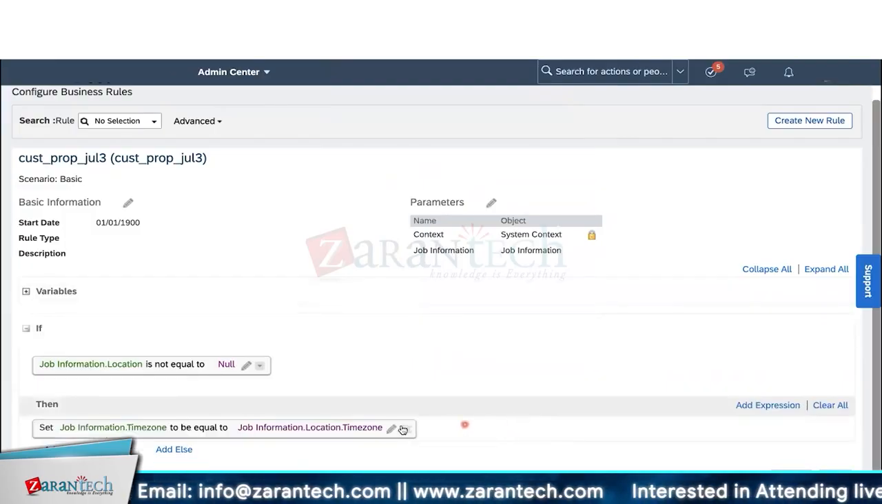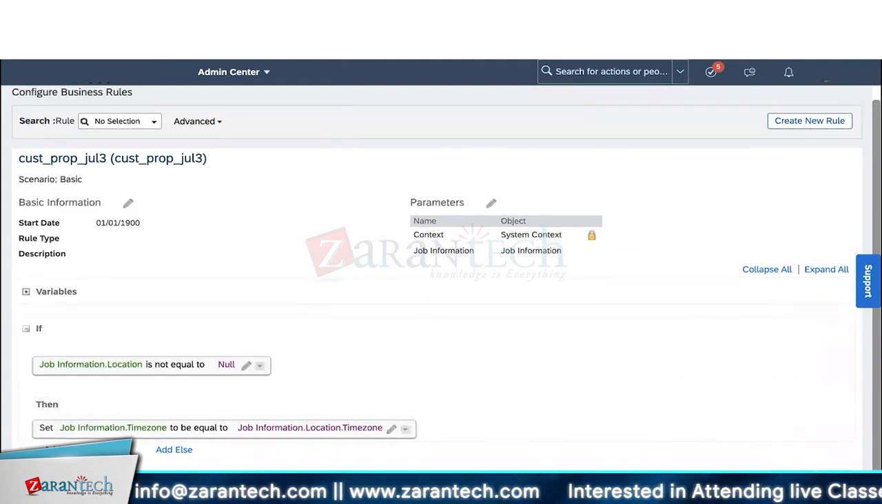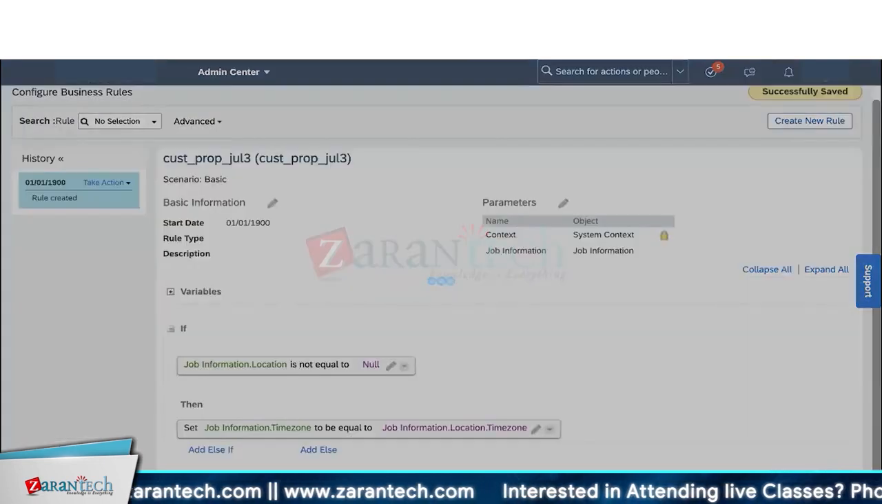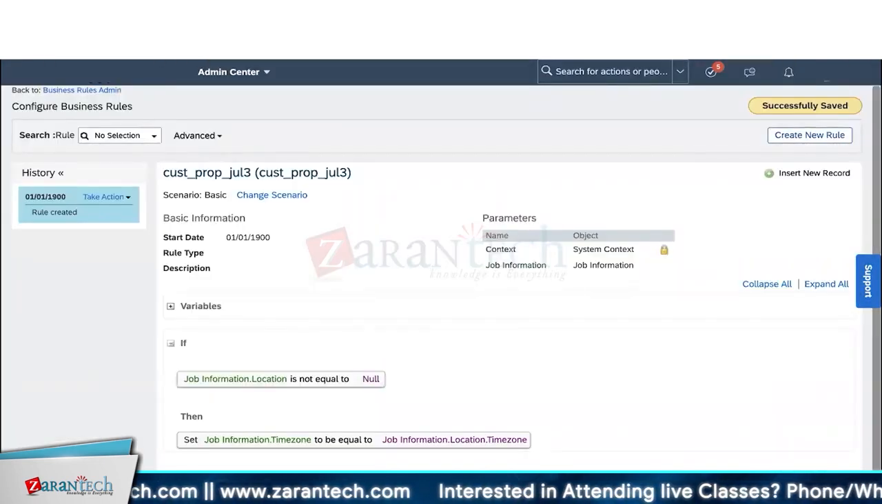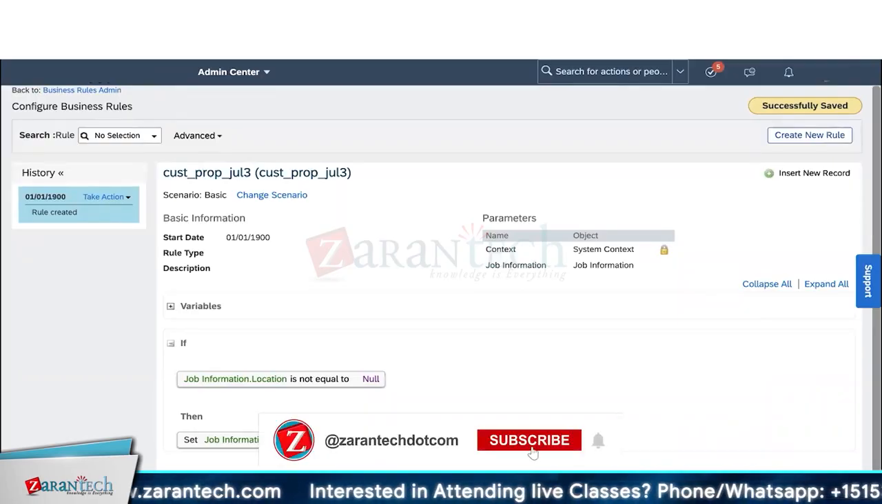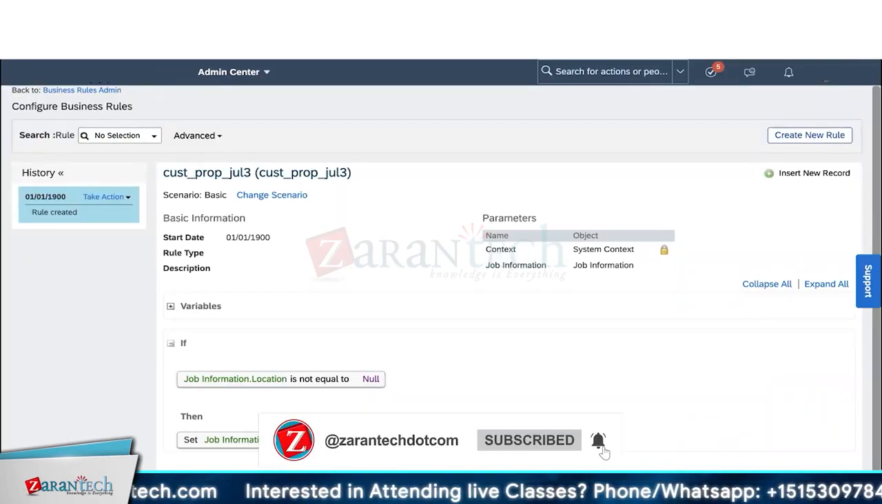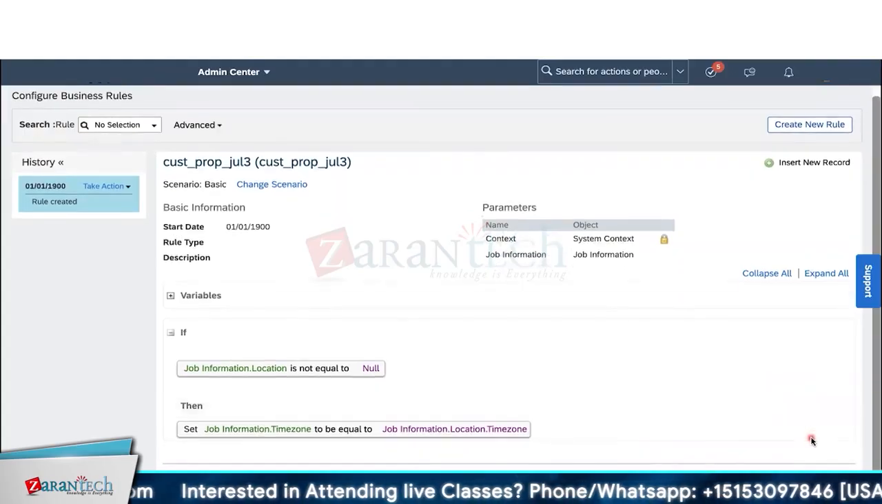Whatever is the location's time zone, that will be the employee's time zone. That's it. Just a one-liner, done. Save this. So whenever the location is not blank, and there is some input given for the location, then immediately the respective time zone should also be given. So this is one of the simplest rules, but the main learning agenda here is that field level also you can assign the